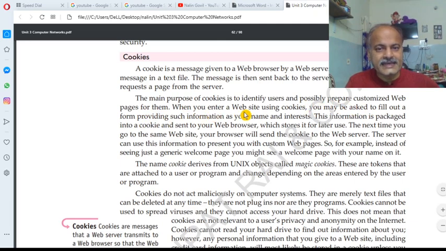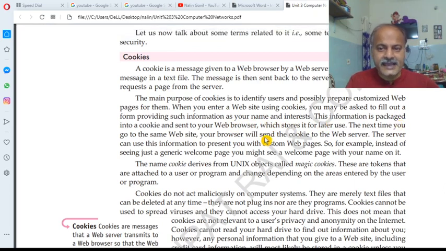When you enter a website using cookies, you may be asked to fill out a form providing information such as your username, your name, and interests. This information is packaged into the cookie and sent to your web browser, which stores it for later use.